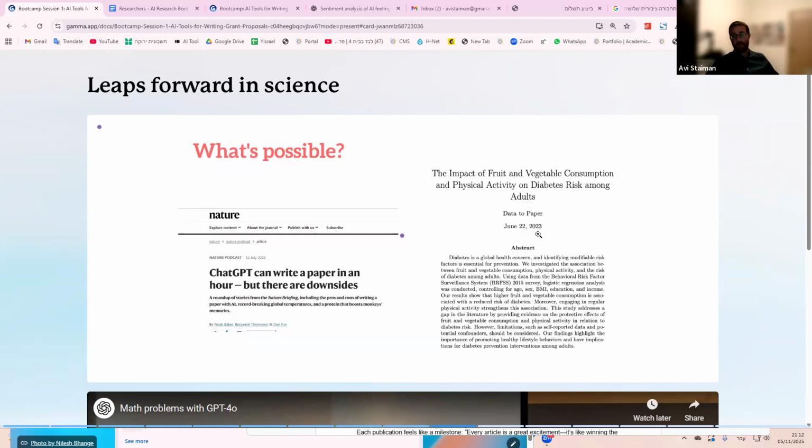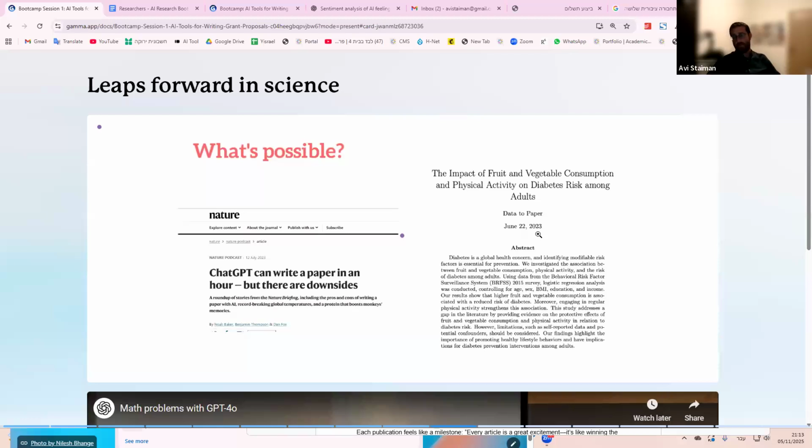Basically they took a data set from the CDC. They analyzed it to see if eating fruits and vegetables and exercising lowered diabetes risk. Unsurprisingly, yes, it does. I don't think that result shocked anybody, but the way they went about automating the project was called Data to Paper, the first automated paper, and it opens up the question of what kind of research that we're doing is open to automation, and what kind of research really needs to be human driven and human led, and everything in the middle.